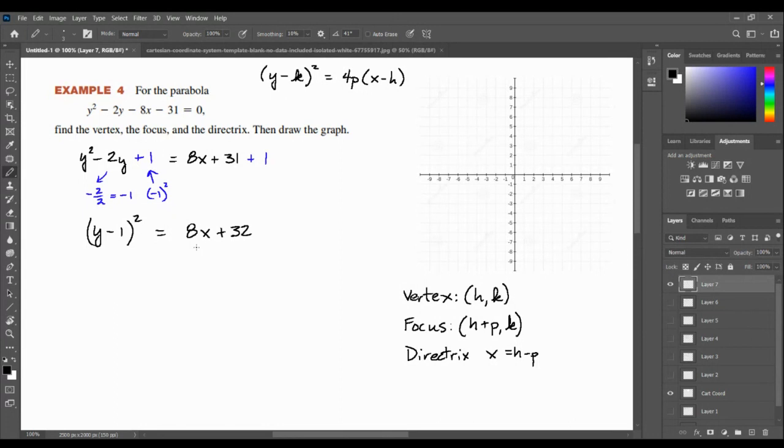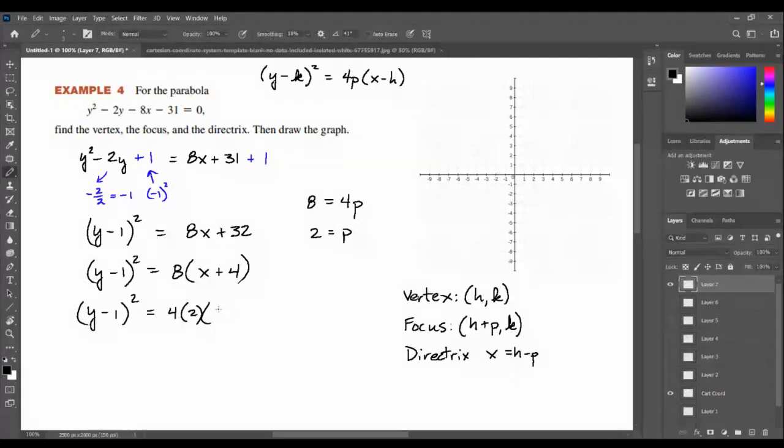The right side, I'd better factor out that coefficient of x. This coefficient now is going to equal 4p. Divide both sides by 4. And so I could rewrite this as y minus 1 squared equals 4 times 2 times x minus negative 4,